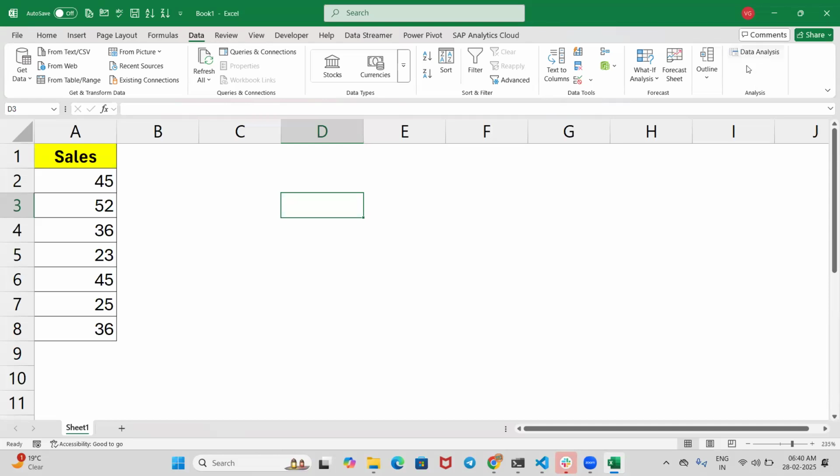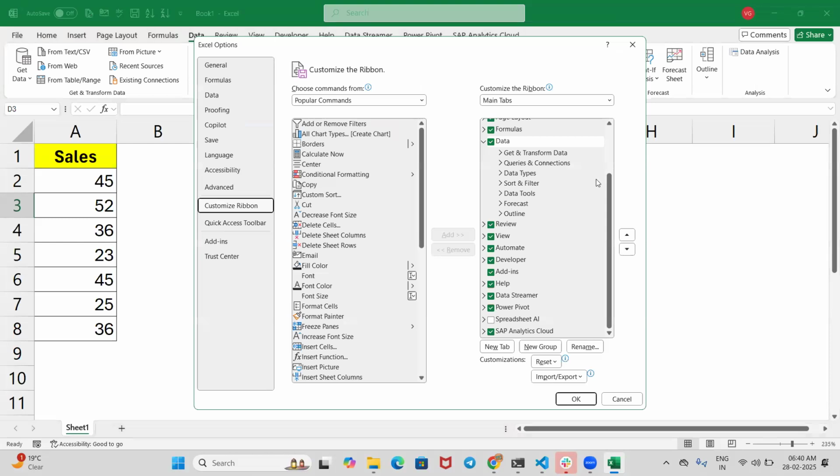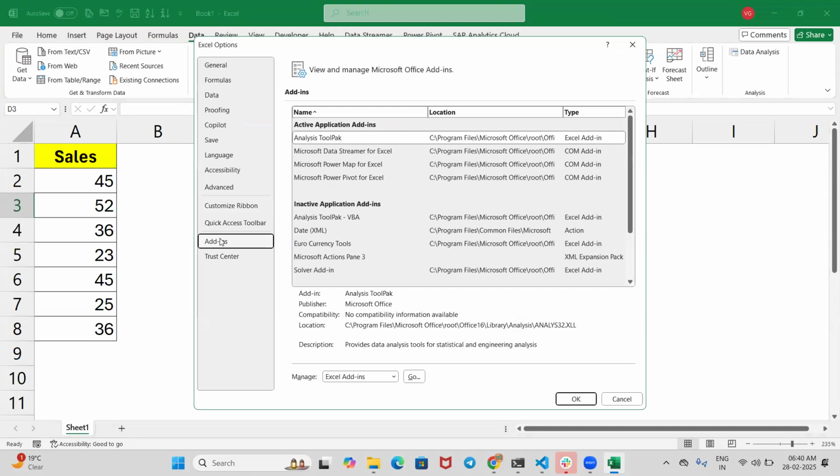Here we have the data ribbon. Here I have the data analysis toolpack. If you don't have the data analysis toolpack, just right click and customize your ribbon. Here, add-ins. Click on add-in, and under the name we have active application add-ins. There are many kinds of them. So here, select the analysis toolpack, and after selecting, we have manage, that is Excel add-in, COM add-in,